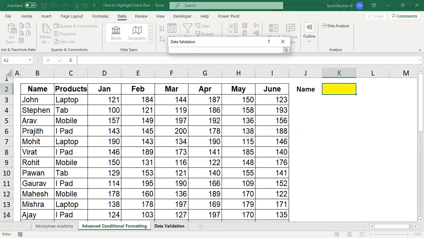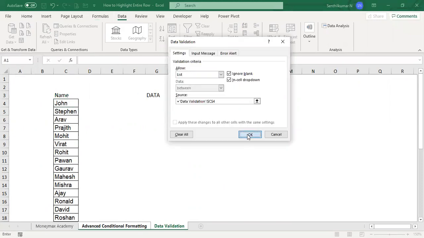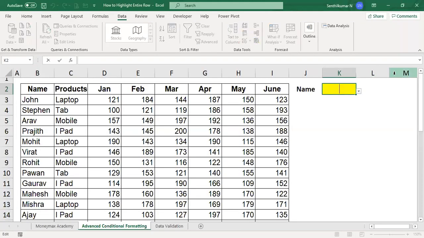What is the list available? This is the list available. I have selected the entire list. Now you can have the list. Whatever name you want to type, why is only John coming? Something is wrong.